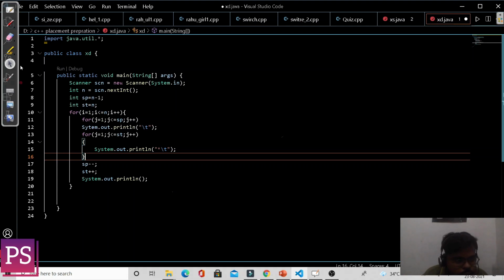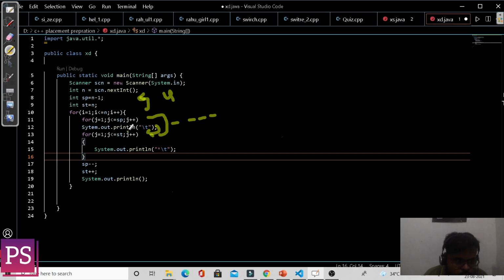For this loop, let me explain first. For this loop, we are printing the spaces, like 1, 2, 3. If the value of n is 5, then the value of sp will be 4, and it will print 4 spaces. Then this loop will terminate and move to this loop.